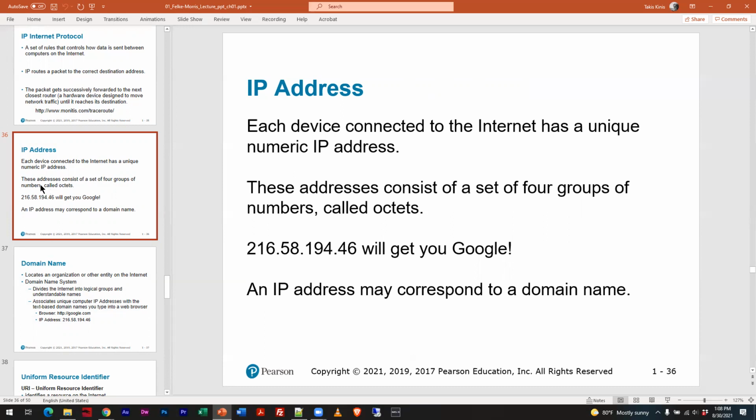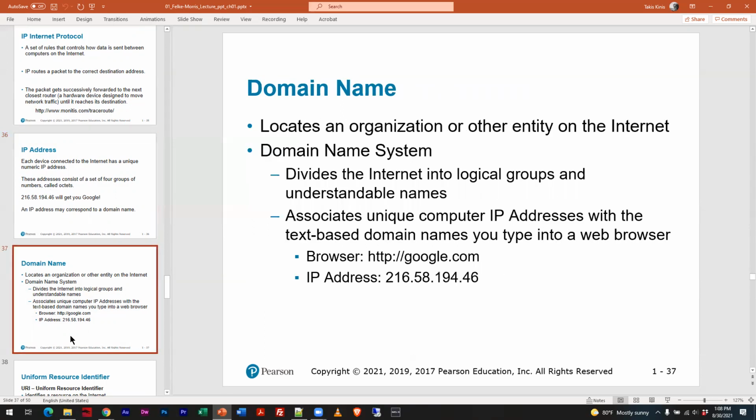So we came up with this system, not we, but they came up with a system called the domain name system, which allowed people to use plain English words to be translated into the IP address where the machine actually resides. So when we go to a browser and we type google.com, it goes to a DNS server, either here on campus or out on the internet, and says, where's Google? Oh, here it is,